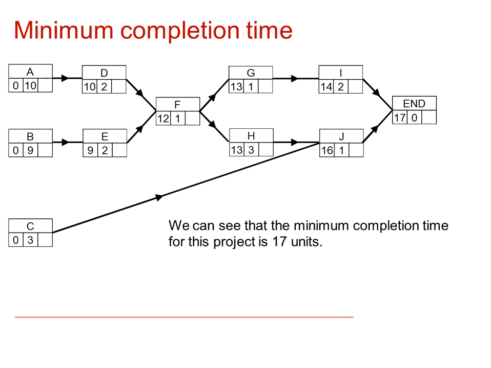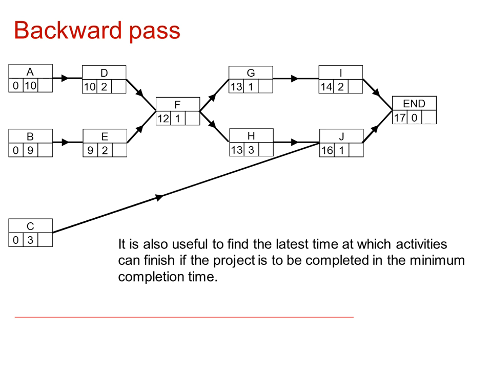Now once we've got the minimum time at the end, we can work backwards and look at, well, what's the latest time that the activities can finish so that the project is not delayed. So to do that, we start off at the right hand side. In other words, we go from the end and we work backwards. So the end time here is going to be 17,